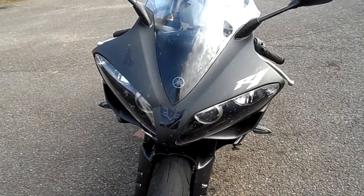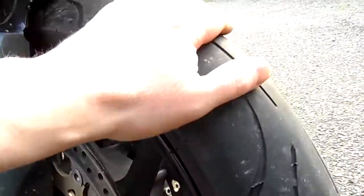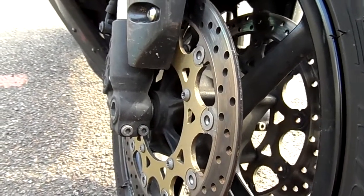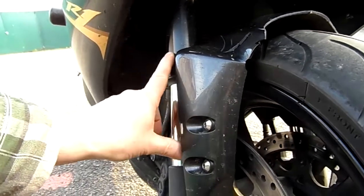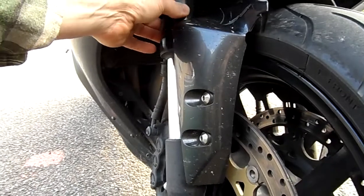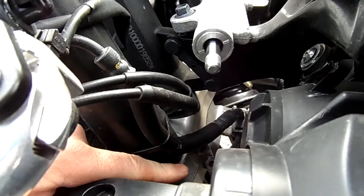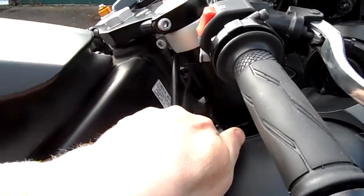But my main fear is, has there been any damage done to the wheel from the weight of the vehicle? Has there been any damage done to the brake discs? And obviously then the next concern would be the fork stanchions and the fork legs. I think the chromed parts of the stanchions, and I can't remember the name of the upper section, connect to your yokes, both down here on both sides, and also the top yoke, and then the yoke stem comes up through the